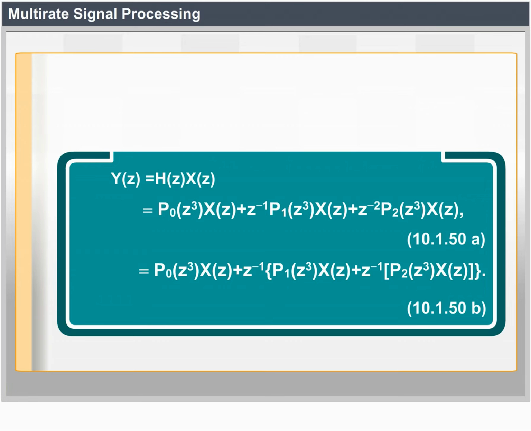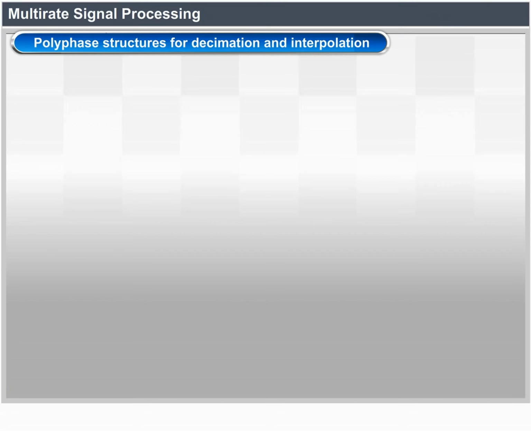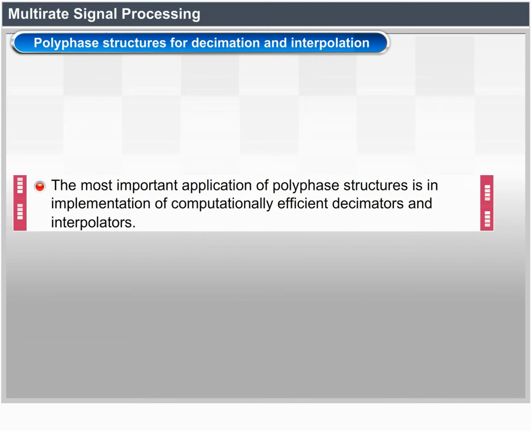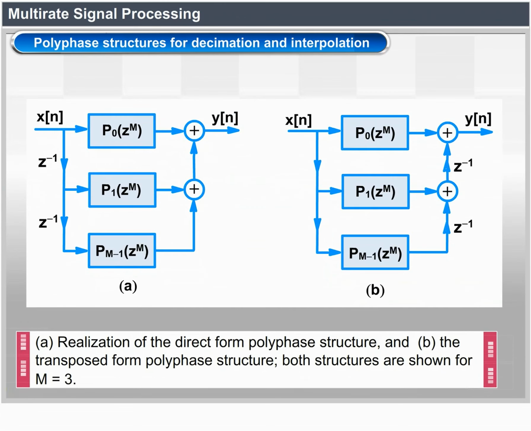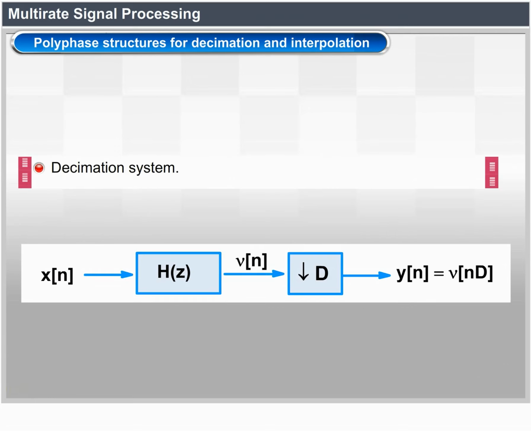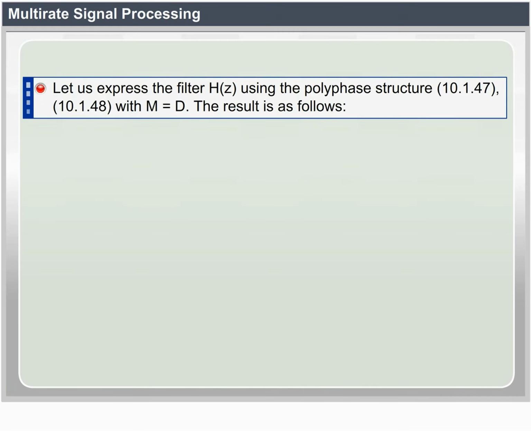Polyphase structures for decimation and interpolation. The most important application of polyphase structures is in implementation of computationally efficient decimators and interpolators. Figure: A, realization of the direct form polyphase structure, and B, the transposed form polyphase structure. Both structures are shown for m equal to 3. Figure: decimation system. Let us express the filter H(z) using the polyphase structure 10.1.47, 10.1.48,